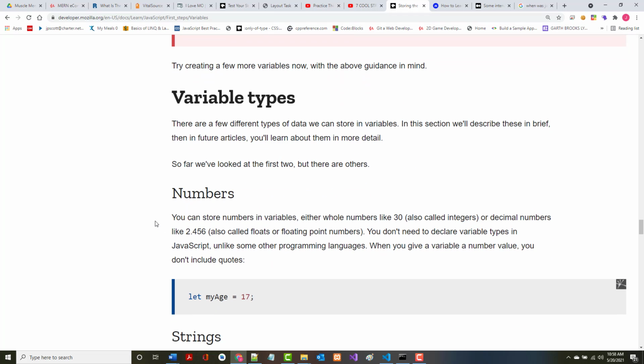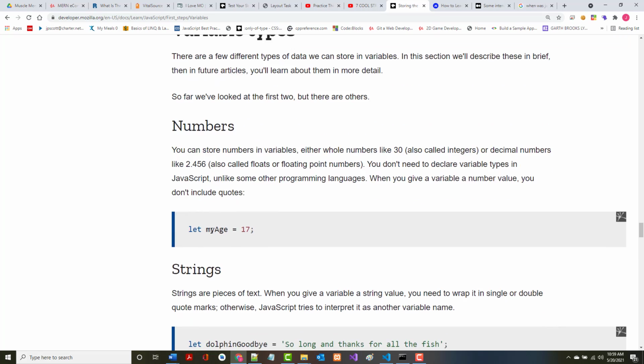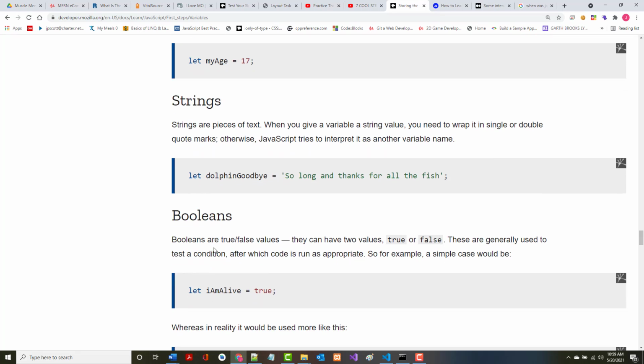All right, so what types of variables do you have available to you in JavaScript, period? You've got numbers. And there's just one number type. So whether it's just a whole number, meaning that it's an integer, or if it actually has decimals in it, which typically would be called a float or a double, they're just numbers. Strings we've already talked about